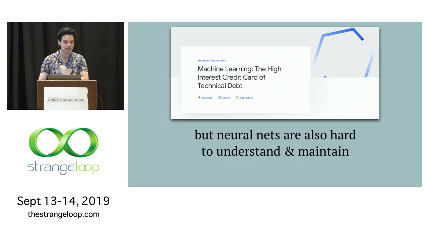But more than that, it doesn't even solve the problems that we had, which were hard to understand and hard to maintain. Google, which uses a ton of neural nets, still admitted in this paper, Machine Learning: The High-Interest Credit Card of Technical Debt, that machine learning is a high-interest credit card of technical debt. When you use it, it gives you short-term gains, you get higher performance, but as the needs of your product evolve, it becomes a lot harder to maintain that neural net in there.